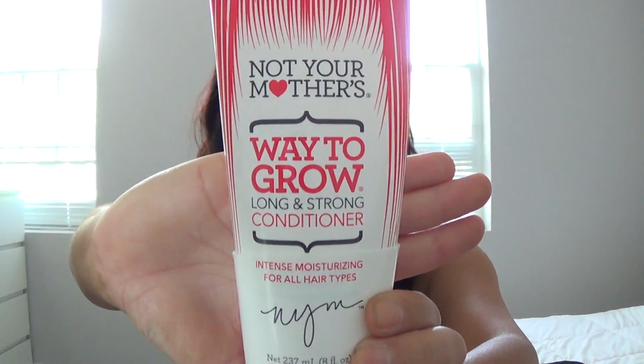I also have a Not Your Mother's Way to Grow Long and Strong Conditioner, and it looks like this. I did cut this open because I wanted to get as much of the product as I could out, and I really did enjoy this. It has a really nice scent. The only thing I wasn't super crazy about is the fact that it is 8 fluid ounces and I use this up really fast. I mean, this didn't even last me 2 weeks because I really do use a lot